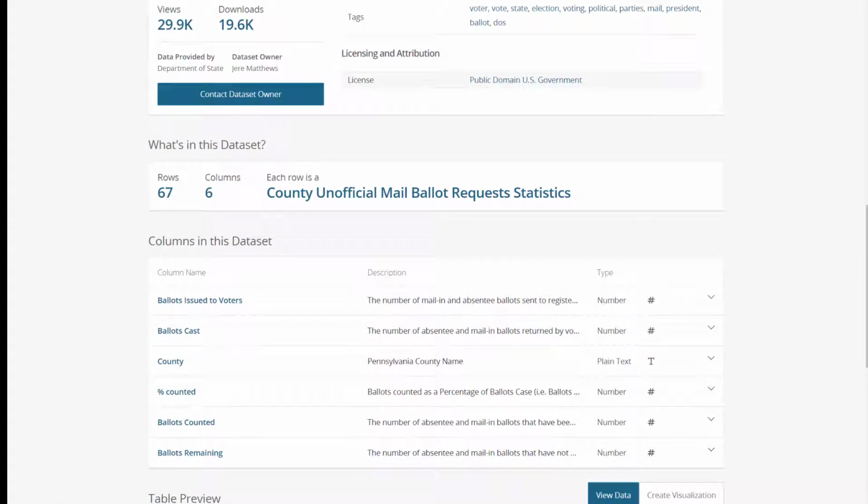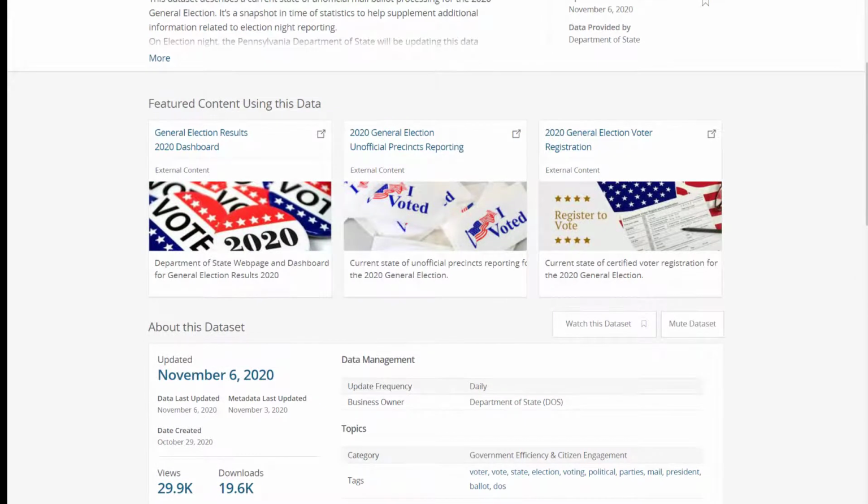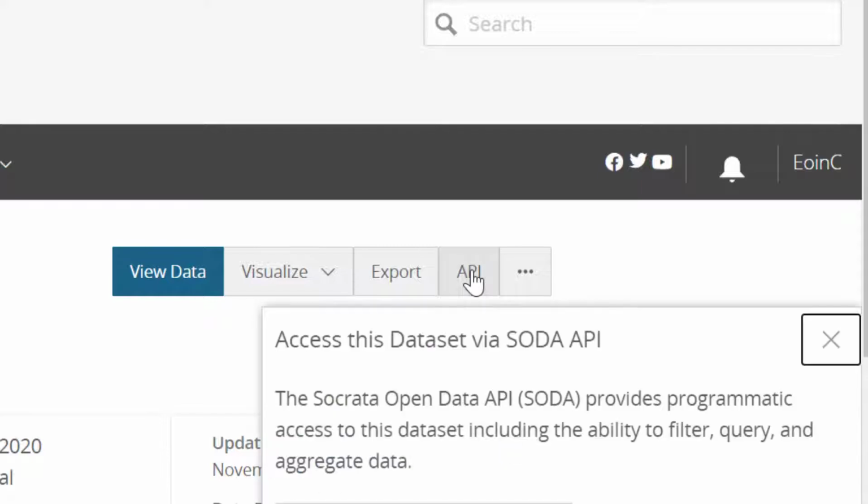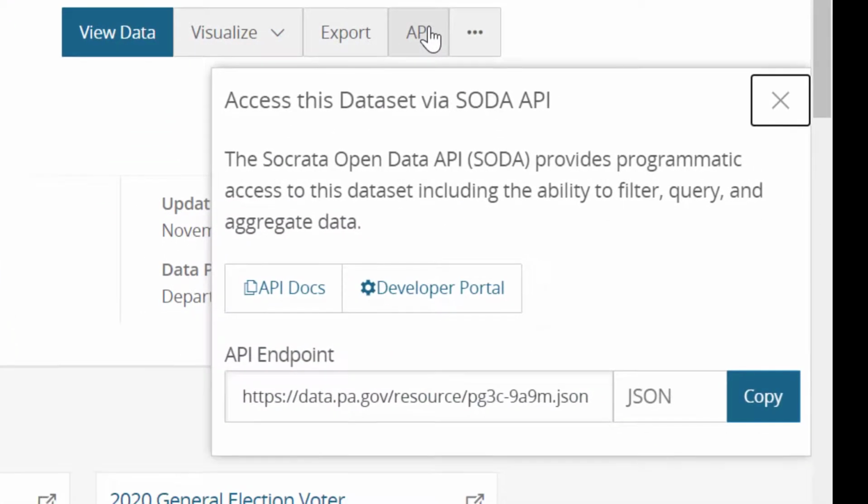So you can go looking for that information yourself on a manual basis, or something that I saw especially interesting and intriguing, that many people interested in data science using Power BI especially might appreciate, is this API choice that you see listed here on the Open Data PA page. So the Socrata Open Data API, the SODA, provides programmatic access to this data set, including the ability to filter, query, and aggregate data. So you can use their tool to build your own visualizations and put together charts and various different graphics